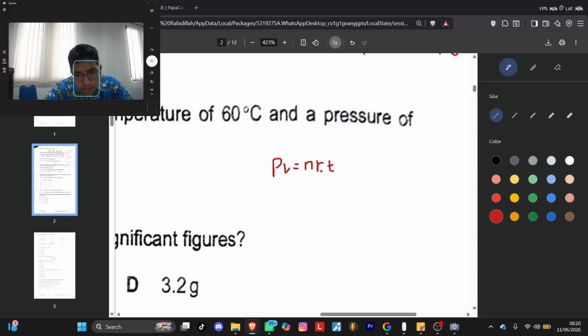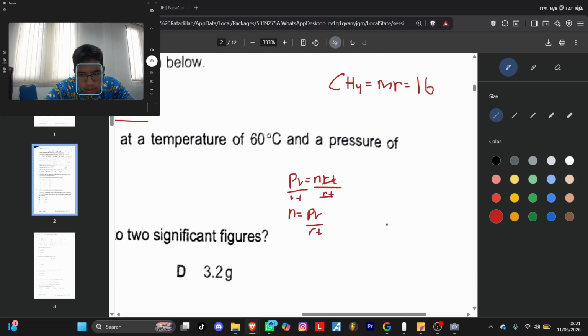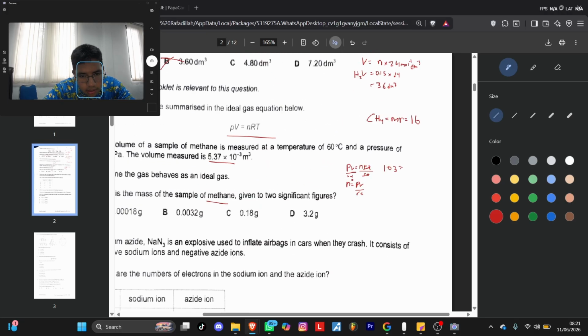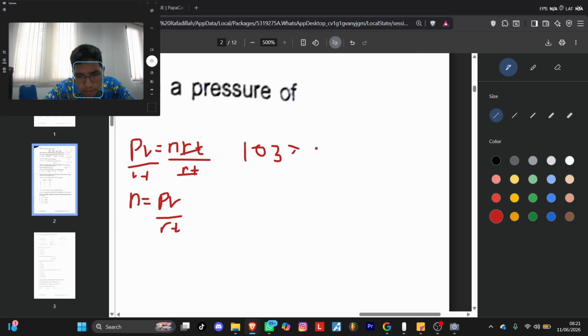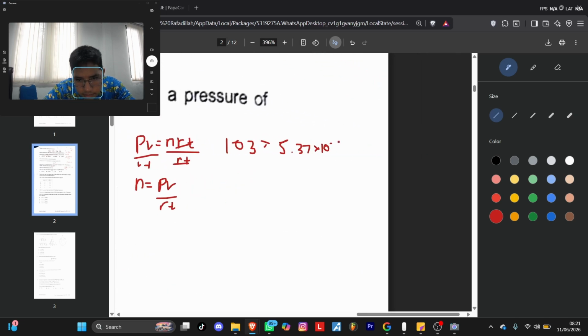So we need to remove this, right? How do we remove RT? We divide them, so set it, and this equals n. So moles equals PV per RT. From this question, we know P equals 103 kilopascal times the volume, which is 5.37 times 10 to the power of minus 3,